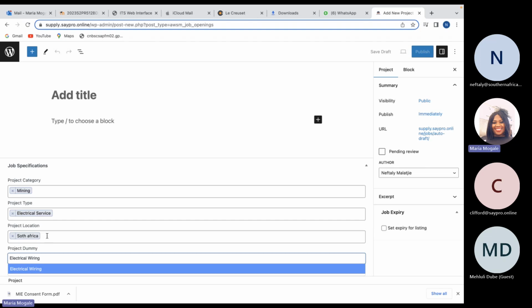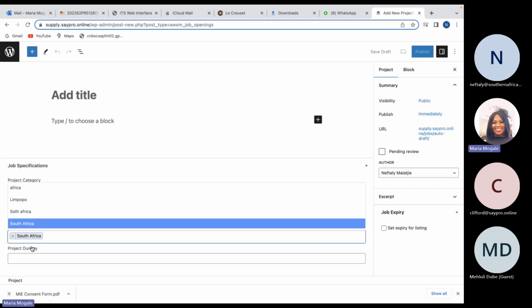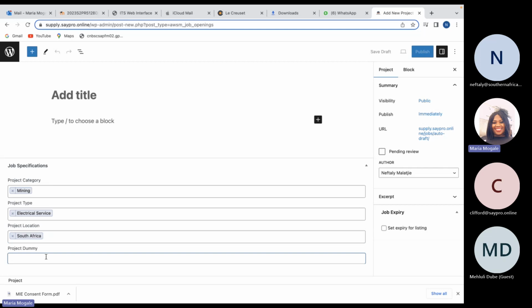We said here it can be a text field where we're writing what the project is about. I think you said project description there. Oh yeah, project description. So we're just going to say project description, not project dummy. And here is the text field where we'll write what the project is about.